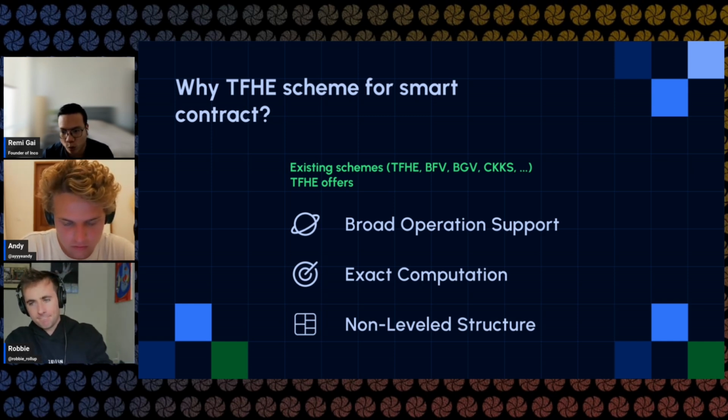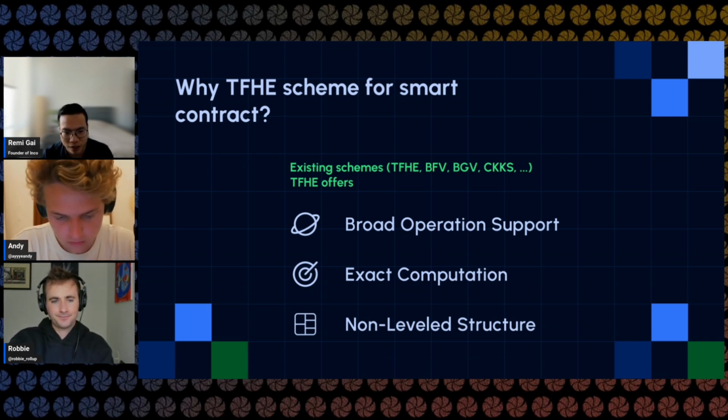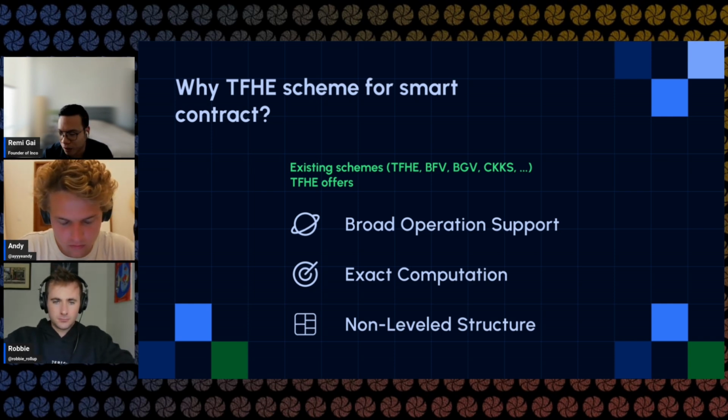And the reason why this wouldn't quite make sense in the context of smart contracts is, imagine DeFi, right? You want every single operation to be exact. You want exact computation. You can't have a balance that's slightly off, or a DeFi pool that has a liquidation threshold that's slightly off, right? So exact computation is also very important.